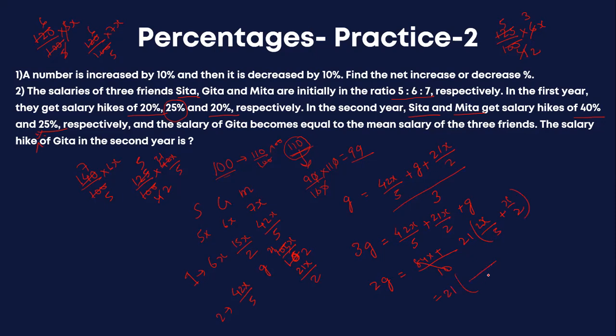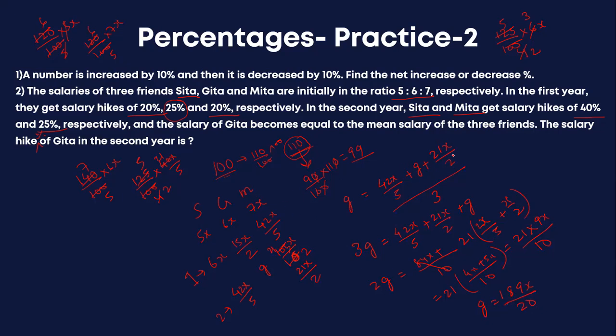21 divided by 10 is 5, right? 2, 4x, 10 plus 5x, right? So it is 9x. 21 into 9x by 10. That is what is equal to 2G, right? That's what it is coming. If you calculate, you will get G. If you take G here, you will get G is equal to 189x by 20. That's what you will get. So always reduce it to the last possible step. Now I got G as this.